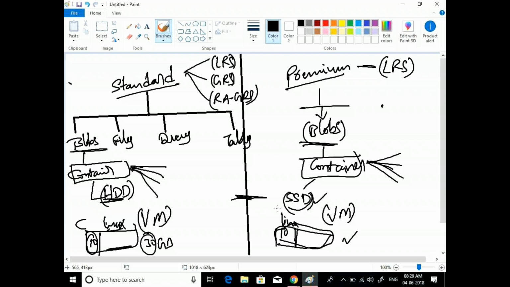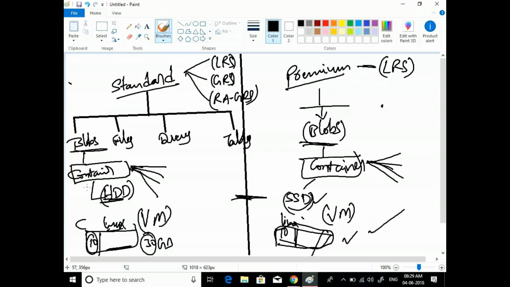If you want to extend this disk at any point of time, you can extend it. Let's say your disk is completely filling up, it reaches 29 GB, and you want to upgrade the size. Yes, you can do that in premium storage and also in standard. But this is completely a virtual machine related concept, which we are going to discuss in detail, and I'll also show you the lab part. This is just for your information.